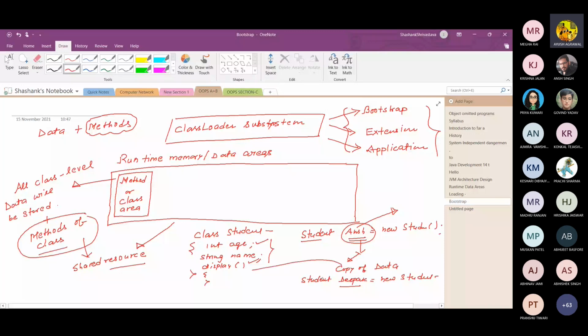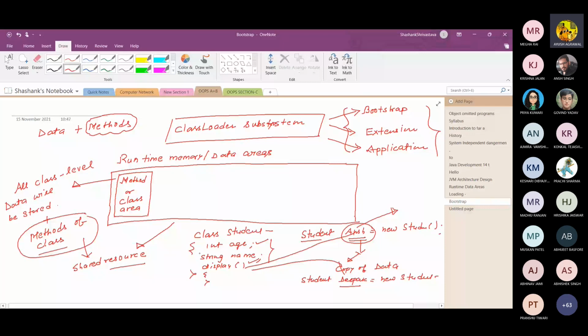Besides methods of a class, static variables are also stored in the class area, and a static variable is shared by all the objects.